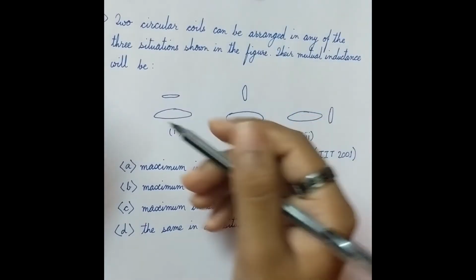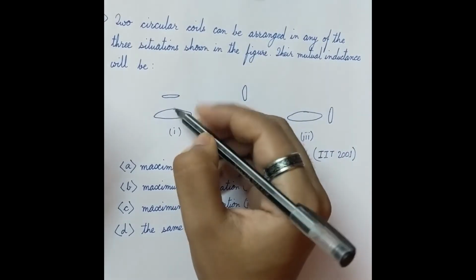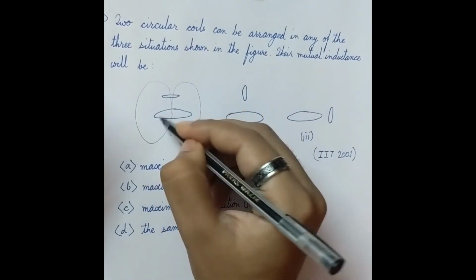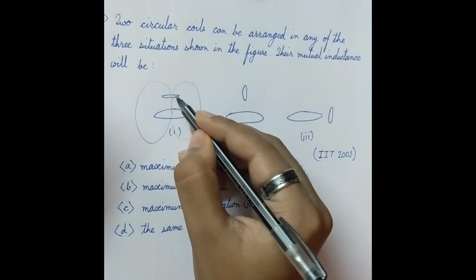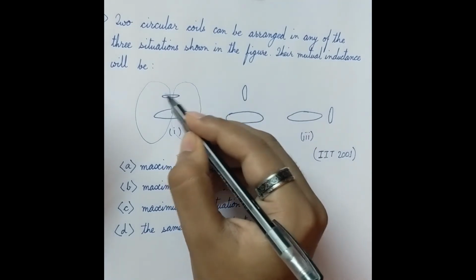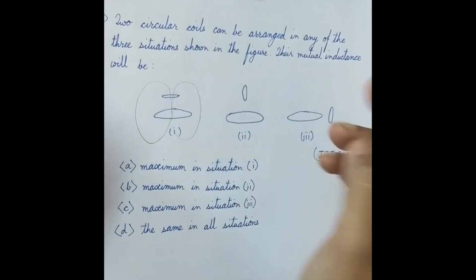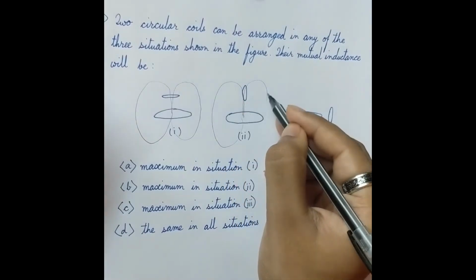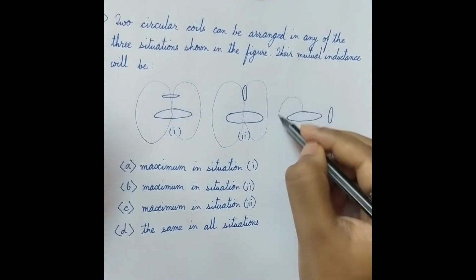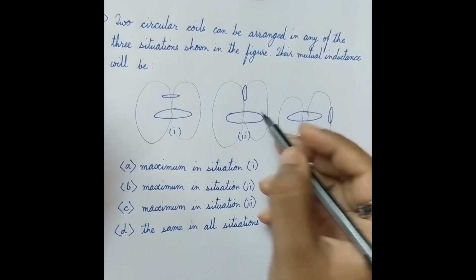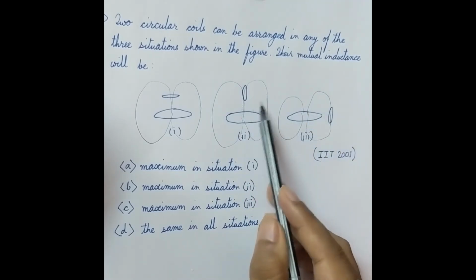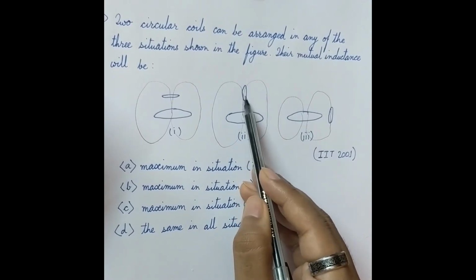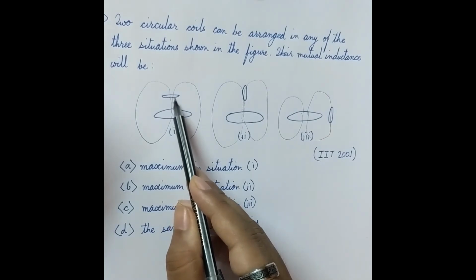Let's draw out the magnetic field of the larger loop. So you know the magnetic field lines go like this and like this over here. So over here we can see that a lot of the lines cut through the smaller loop. So hence you have some flux linked over here. But in the second case and in the third case, the magnetic field lines are grazing along this area, so they are not cutting through the area. This is the case where the magnetic field lines are cutting through the area.